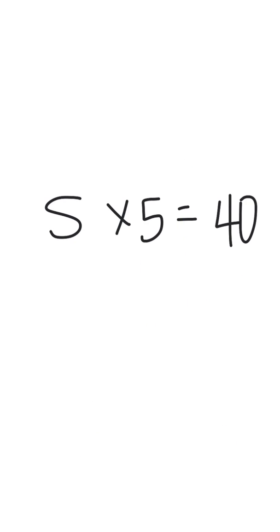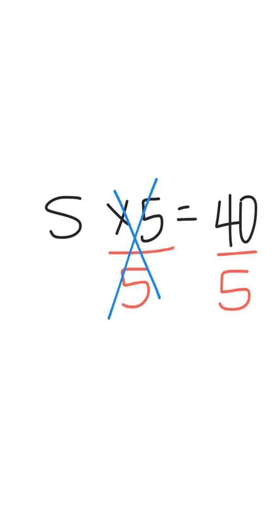Next one is S times 5 equals 40. Inverse operation of multiplication is division, so I'm going to divide by 5 on both sides. So the multiplication and the division would end up canceling each other out. So on the left-hand side, I'm left with S equals, and then 40 divided by 5 is 8, so S equals 8. And remember, if you're not sure if you're getting the right answer, take the extra second, you guys,